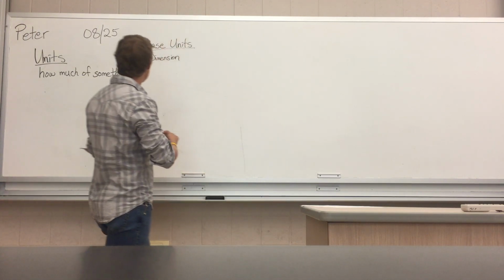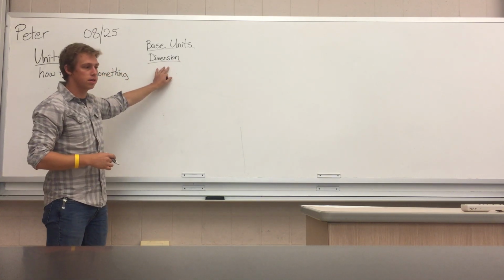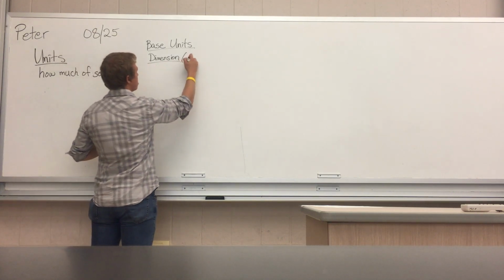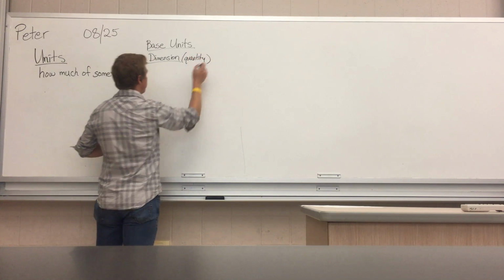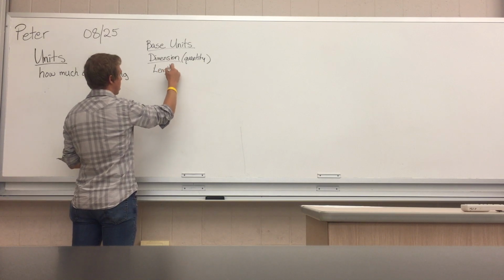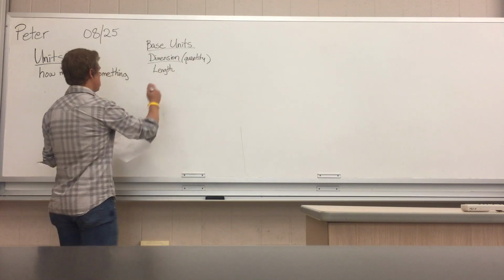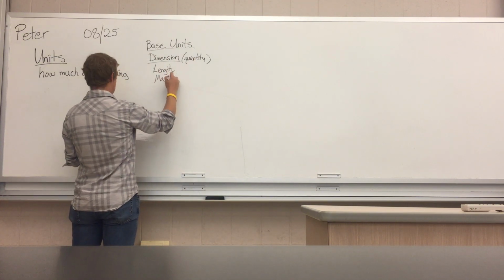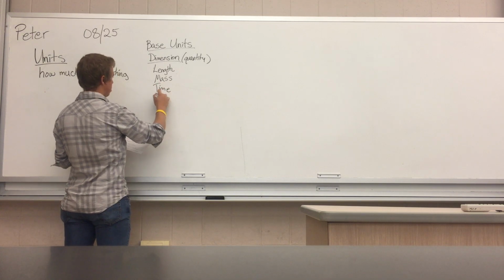I hope I spelled dimension right. So dimension, this is going to be the quantity that we're measuring, or I could put quantity. Okay? And for quantities, we have length. I'm just going to get my cheat sheet here, just to make sure I don't miss any. We have length, mass, time,